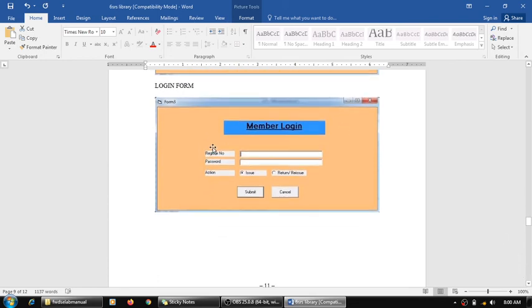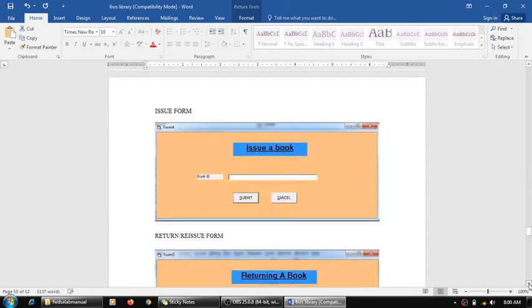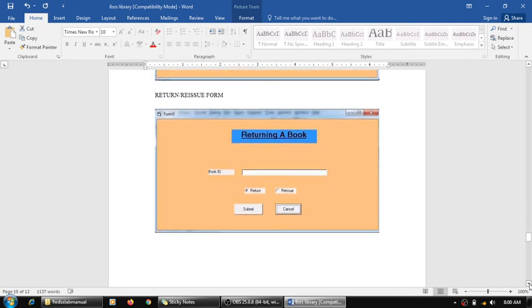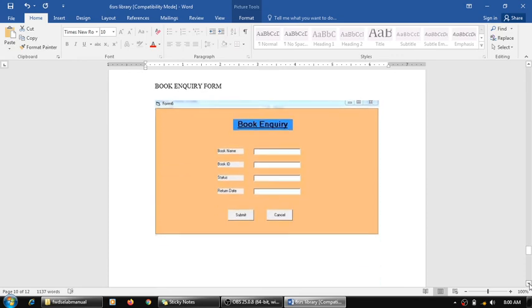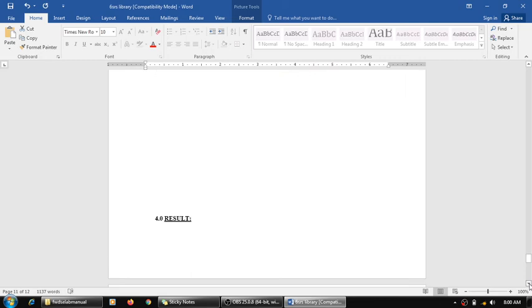Then the login form is registration number and a password, and these are the functionalities taken here. Then a issue form, book ID, so you can issue it here. Returning a book, book ID, and all this will be taking place. Book inquiry, if you want to check the status of any book, this is an inquiry form for that.